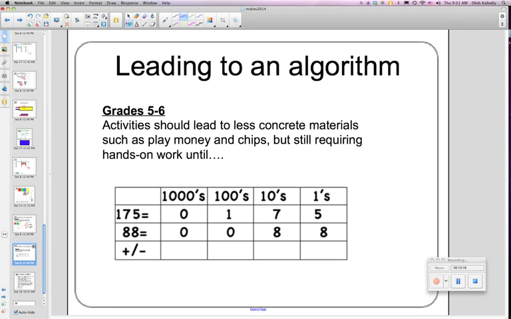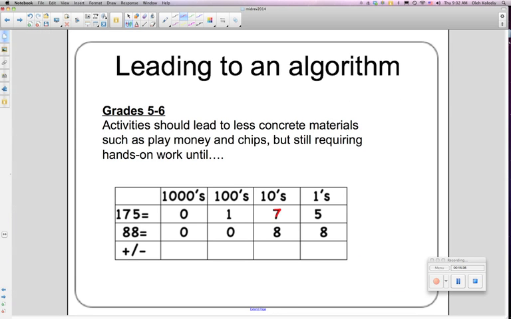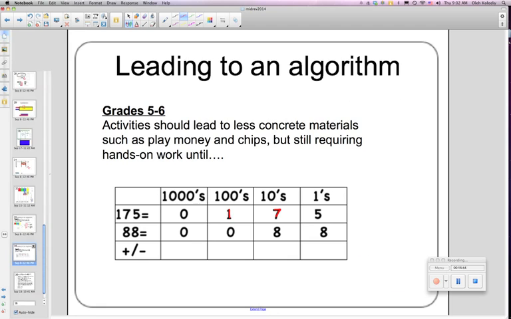To get to the algorithm, by using less concrete materials, in the final step, you would take the materials away and just have your students write the number in columns like this, like 175. Write it in the column. They will sort of remember that this 5 represents the ones, that this 7 represents tens, that this 1 represents hundreds. And basically, they'll be doing mentally the manipulations with